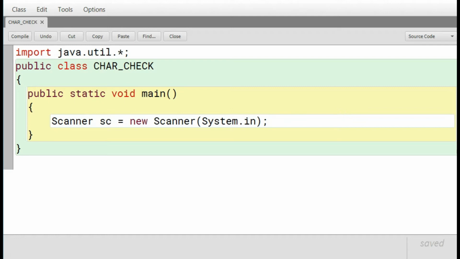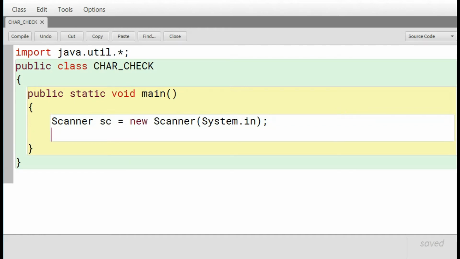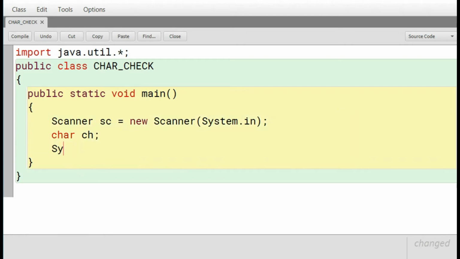We have created one object of the scanner class, so we need one character as input. For that reason we are declaring one character variable ch, and we are going to give a message to the user to enter the character.